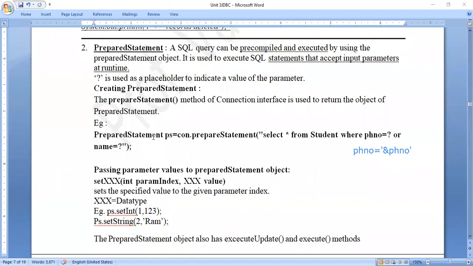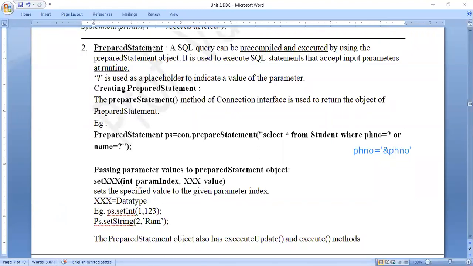It is something like, suppose you have to prepare a greeting, a birthday greeting. Suppose you have to just write to whom. So you have just prepared a general birthday greeting. You get it in the shop also, and you just have to write a name in front of the 'to'. So similarly here, it will prepare a statement. Only thing, the criteria will be accepted on the spot. So this is called a pre-compiled query. It will already have been compiled at the time of creation only, and automatically the moment the parameters are passed, it will be ready to execute.